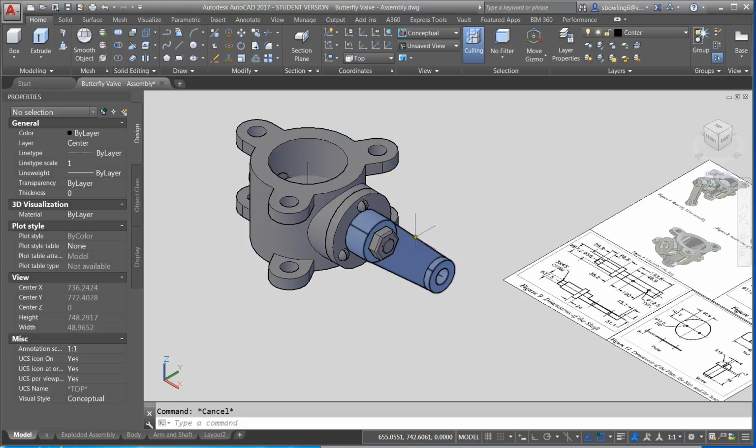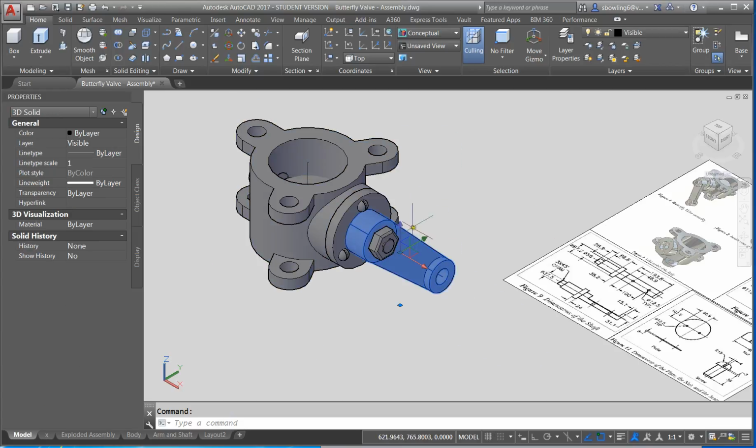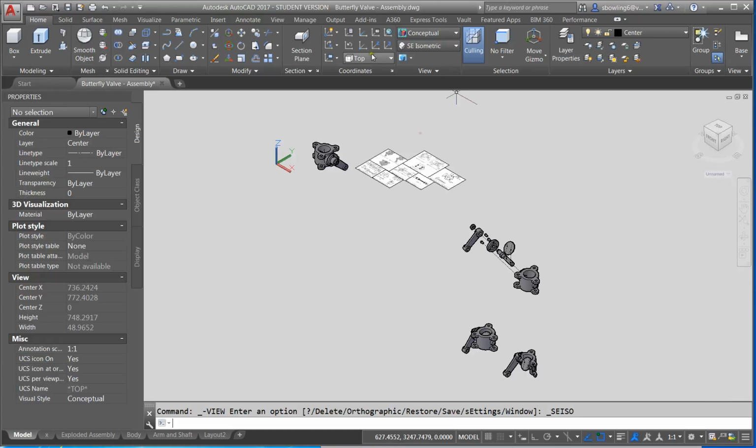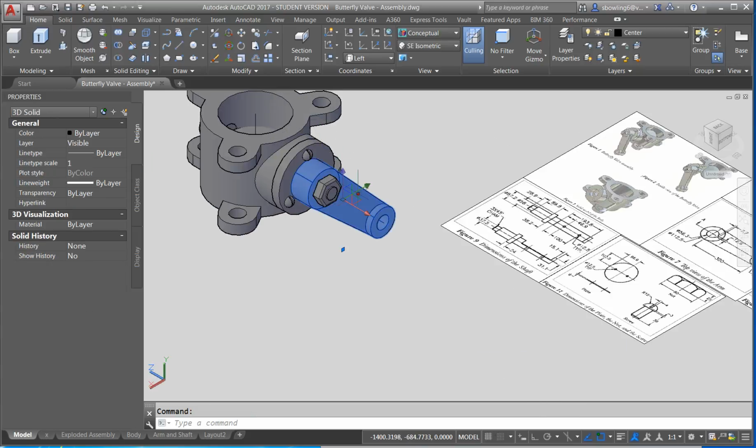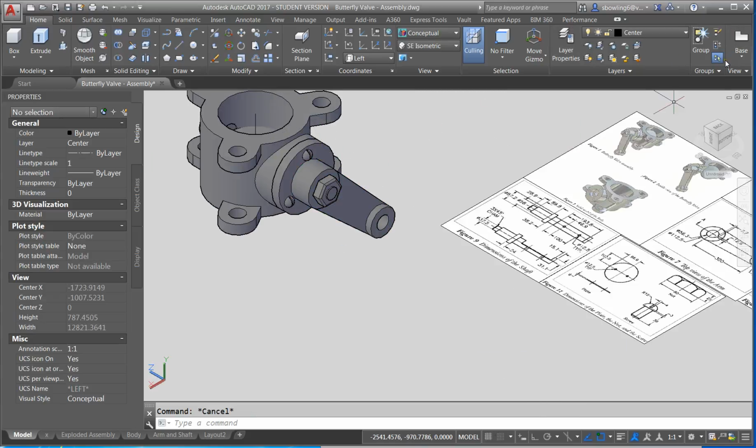In this video, I'm going to show you how to do the dimensioning for the arm and the shaft. So here's the arm, and I'm looking at it in the southeast, and I'm looking at it in the left view because I want to draw on the arm. Now, if I did the view-based command,